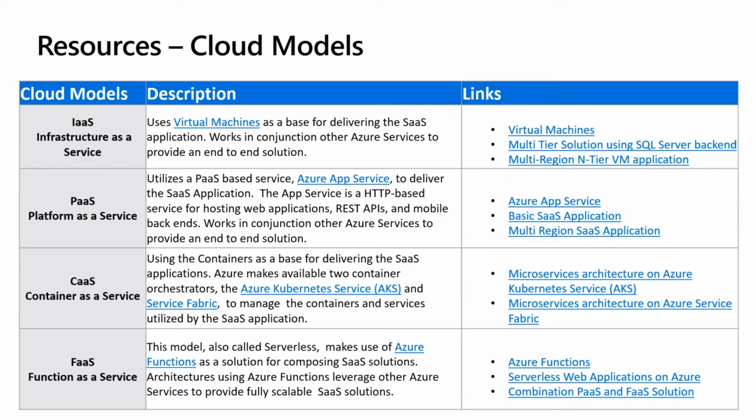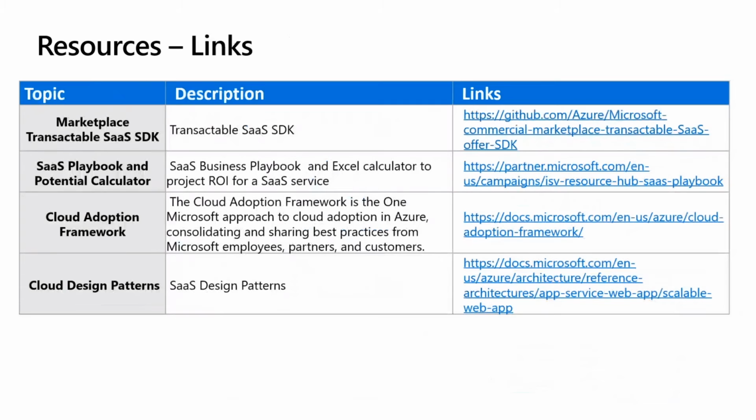Before we go, we want to make sure that you have all the tools and links that will help you with creating that solution, or if you have it already, move it into the marketplace. So we have a set of links in the slide deck with all the different platforms as a service that we have, and things that may be helpful for you to get your solution into Azure, into the marketplace. The next slide is regarding the links and resources for you as a partner to get